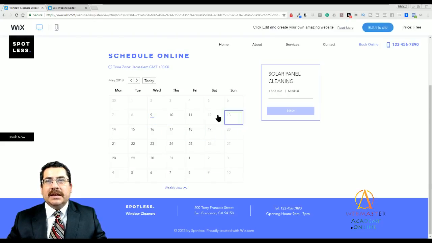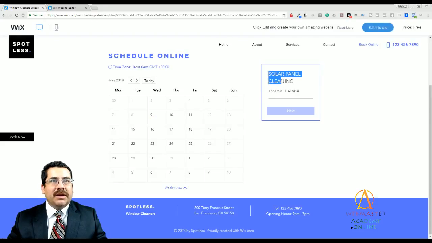Here is the calendar, and they would just click on a date. Now, you notice some of these dates are grayed out because in the back end, and I'll show you in the next part of this video, when we go to work with Wix bookings, you can change and modify the times and dates that you are available. And if someone does book an appointment, it will automatically block that part out for you. That's that automatic secretary that Wix bookings will be for you. So here's the